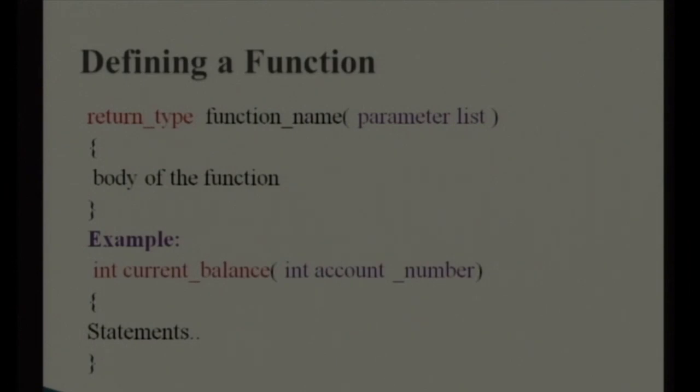So function means what? Function is a subset, an independent section of the program to perform one specific activity. For example, let us say we are going to solve a problem in which we need the square of a given number. To get the square of a given number, we can write a separate function to find out the square of that number, and when we pass that number to that function, it will get the square and it will return the value of it.